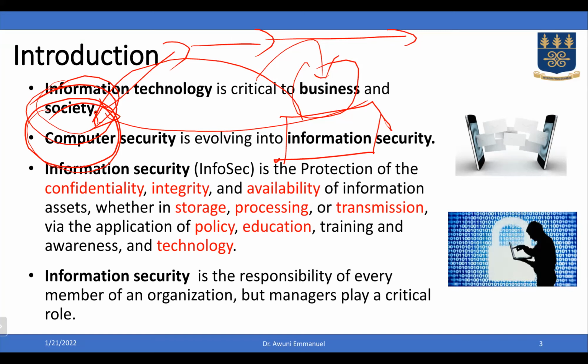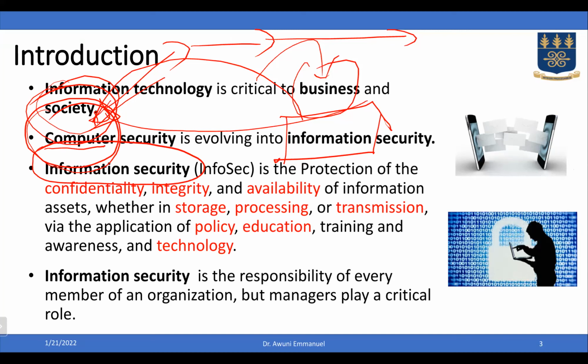So at the time, if you remember vividly, the computer was more valuable than the information on the computer. It was very expensive to acquire a computer. And many organizations would spend huge amounts of money in protecting the computer rather than the information on the computer. Now it has evolved. So what we used to focus on, that is computer security, has evolved now into information security. So what it means is that information security now subsumes that of computer security. Now, the question is, what then is information security? Information security can be defined in 3 different dimensions.